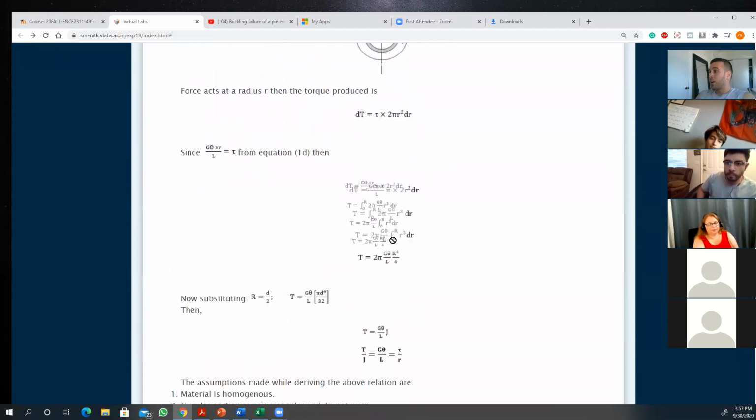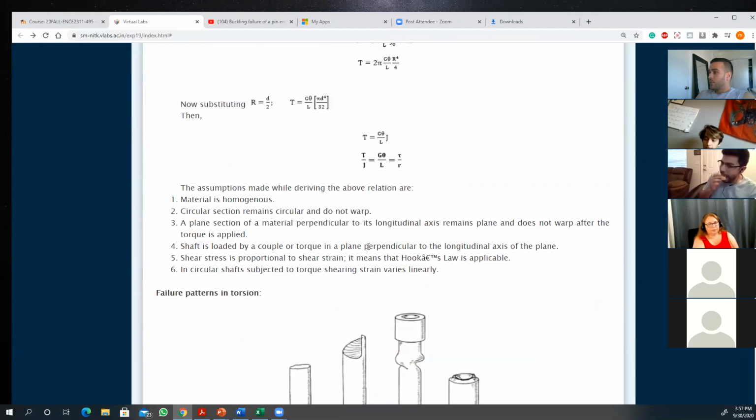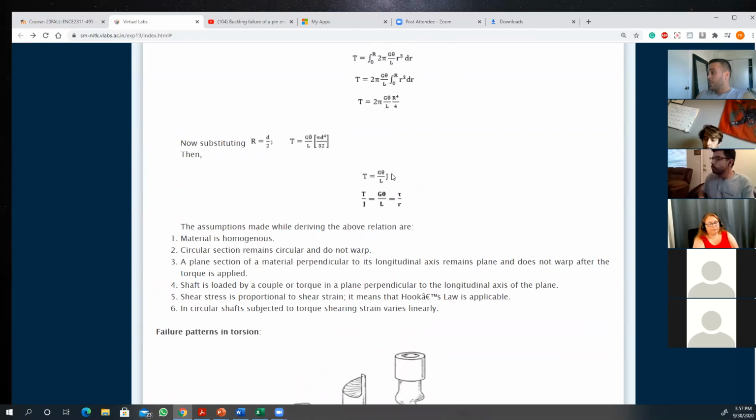I'm not asking you to derive the equation. This is more in detail. These are just a derivation of the equations, and you don't need it. All you need to know is this equation: torque is equal to shear modulus multiplied by the radians divided by the gauge length, and multiplied by the